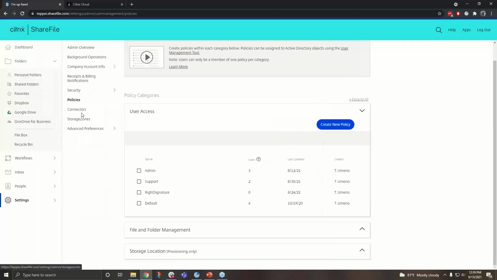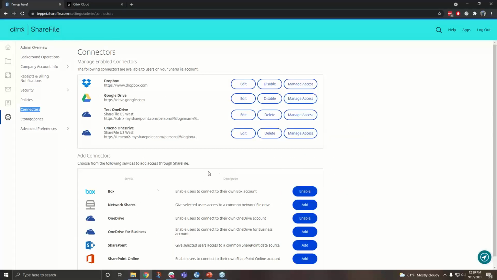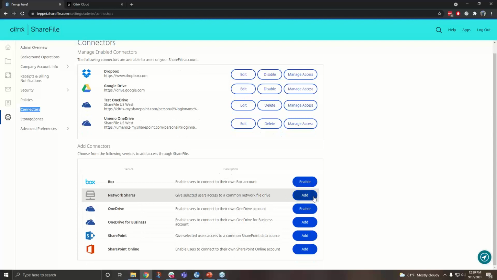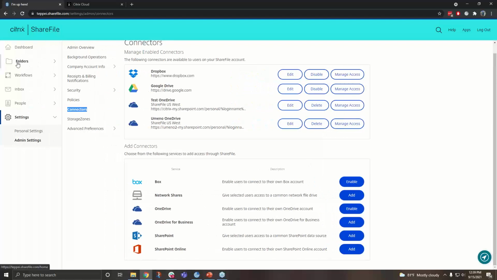You can even do, again, network shares. So if you have what's called an on-prem storage zone controller in your environment, then you can access network shares directly through ShareFile without a VPN connection, and it adds additional security measures